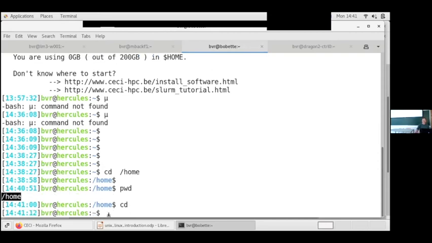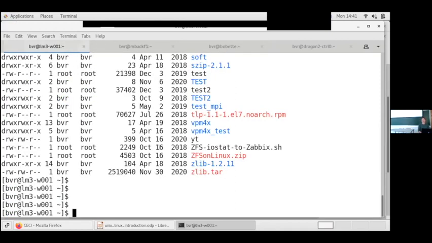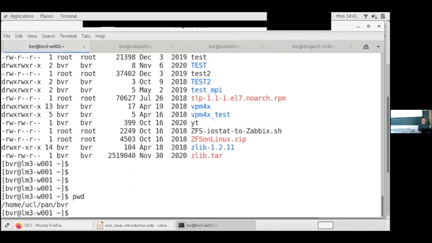My home there. Okay. What's my home? PWD, print working directory. In fact, here, my home is home DVR. But you see, if I am on Le Maître 3, PWD in my home is different. Because here we have decided to set home, saying that this is the home of the user, then